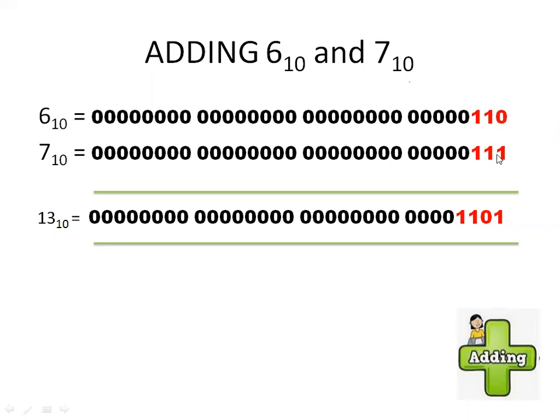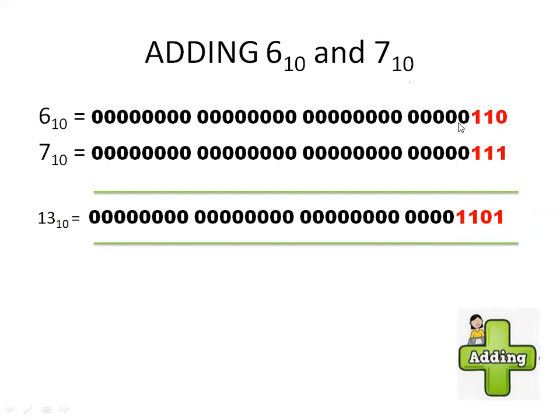So 0 plus 1 is 1. 1 plus 1 is 2 in decimal. In binary, we have the value 10, as we all know. So we write 0 in the result part and 1 in the carry part. Here the carry is 1, the first operand value is 1, and the second operand value is 1. So we have 3 ones in the addition, which gives the value 3 in decimal. In binary, we get 11, so we write 1 in the result part and the other 1 in the carry part.